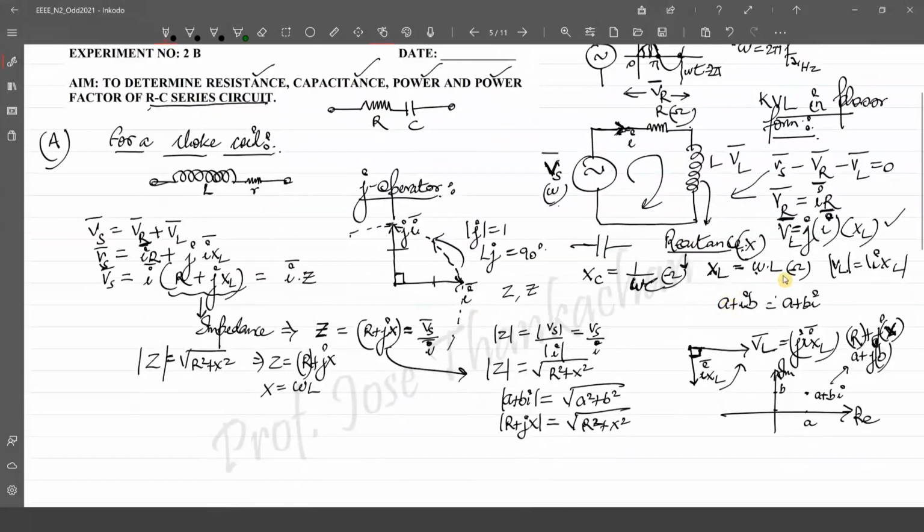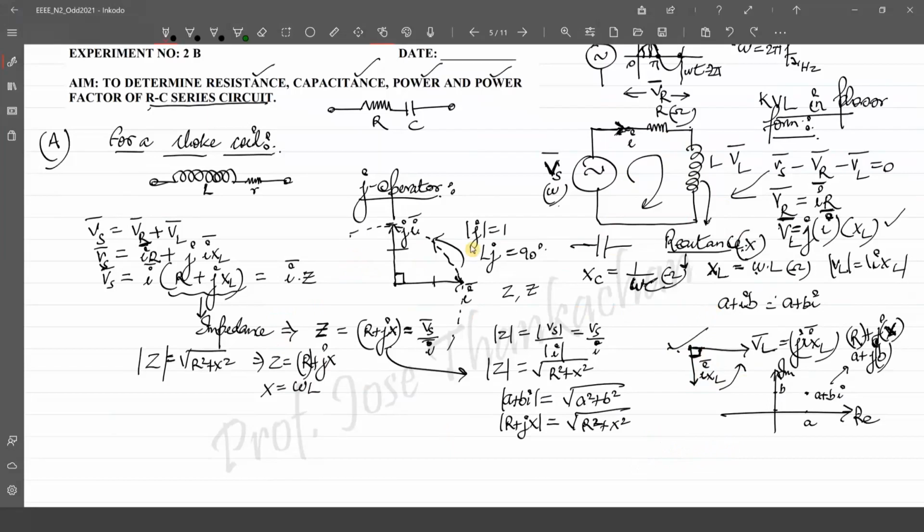So when I said that there is a 90-degree angle between the current flowing through the inductor and the voltage across the inductor, I had written this, right? VL, and this is IL. This should be remembered by you throughout. And in terms of time domain, if I say your voltage is, let's say, VL equal to, we'll define that later. Now come back to the choke coil.